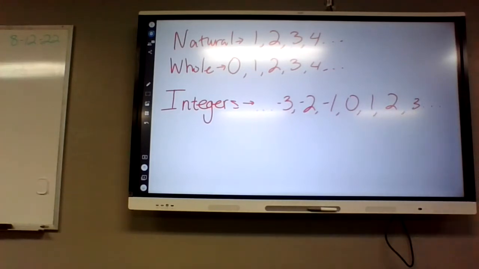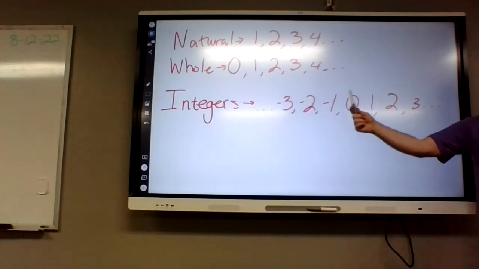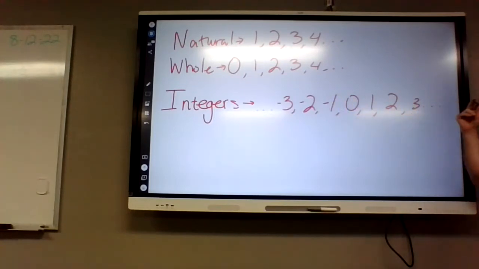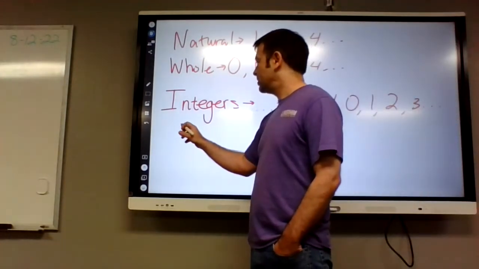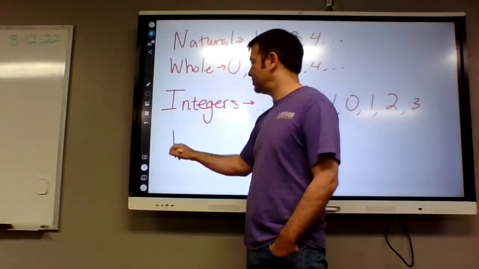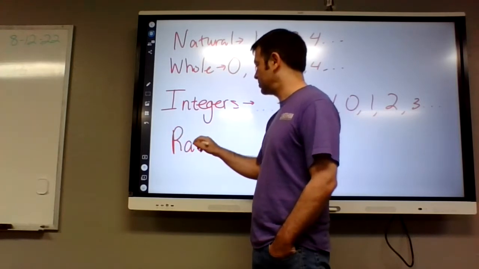What's not included in integers? What is not included in this list? Decimals. Fractions, which are kind of the same thing as decimals. Decimals, fractions, there you go. That's pretty much it. Almost it. Integers. Then after that comes